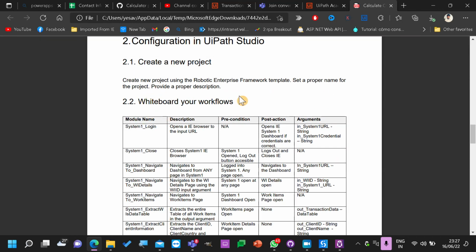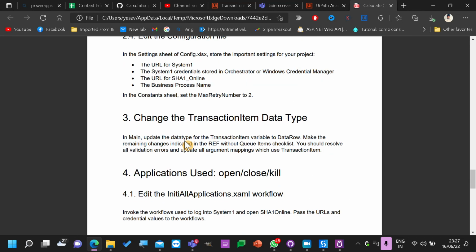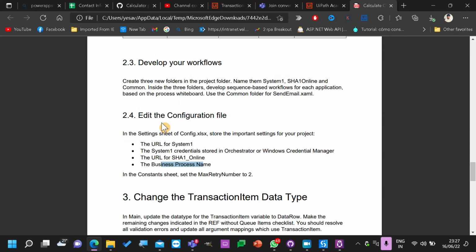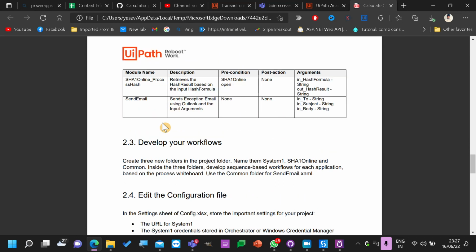Whiteboard your workflows, edit the configuration file. In the settings config sheet, store important items like URL for system1 credentials, URL SHA1 online, business process name. Everything is available here. So sit and work.